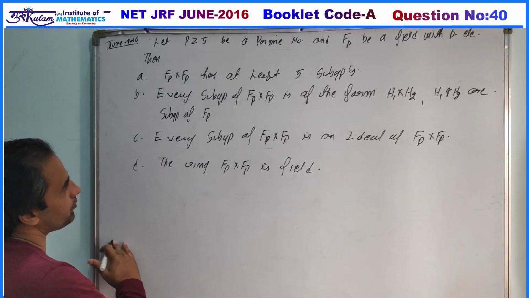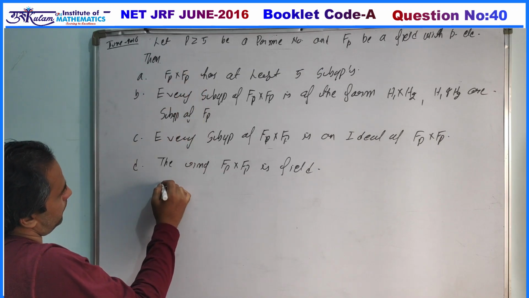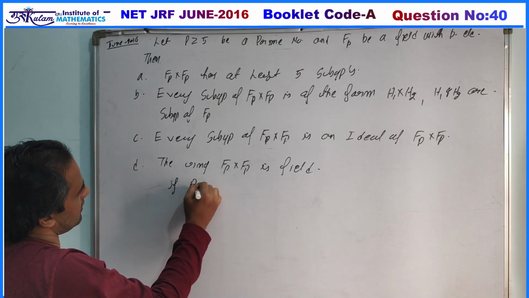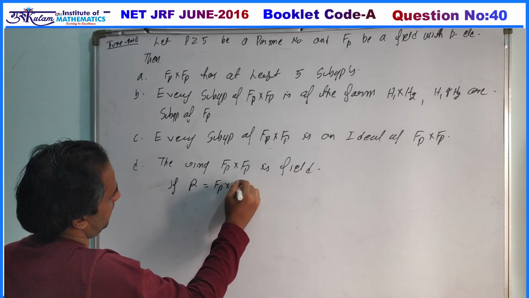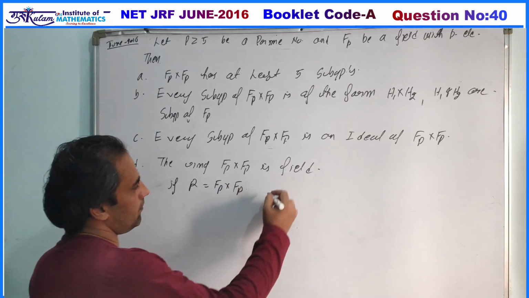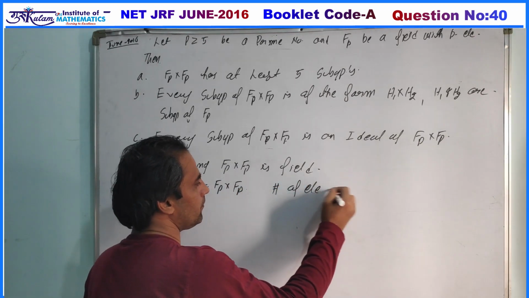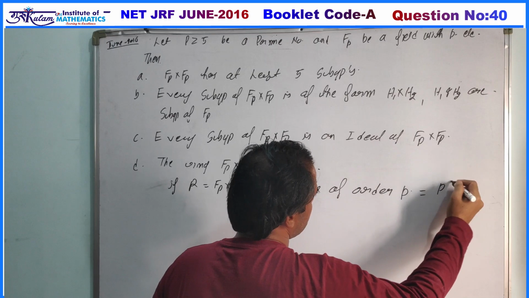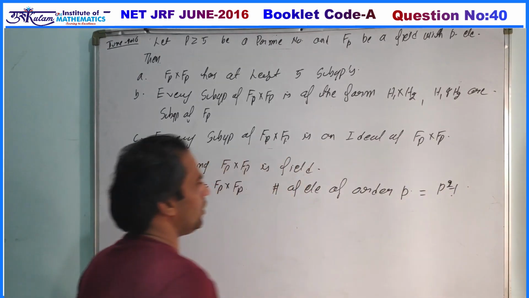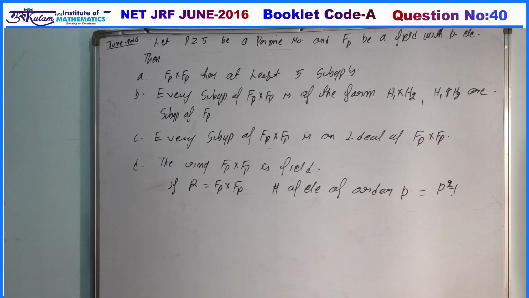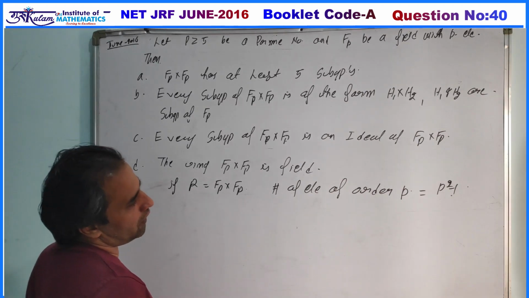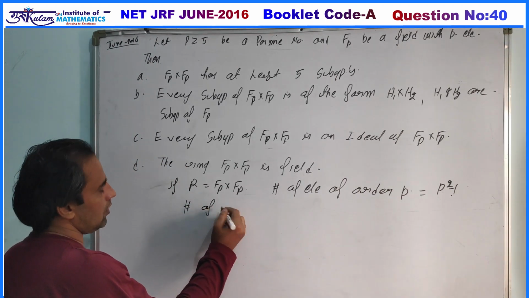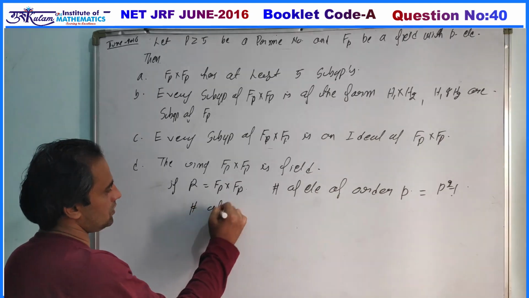So simply, first, if we consider R as Fp cross Fp as a group, then the number of elements of order P is exactly P square minus 1. Since every non-identity element is of order P, the number of elements of order P is P square minus 1, and we know the number of subgroups